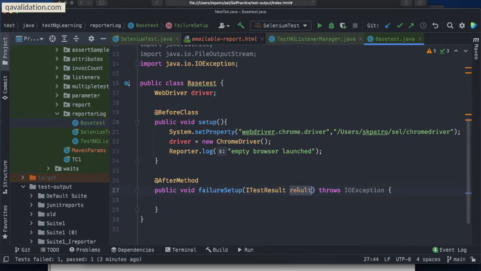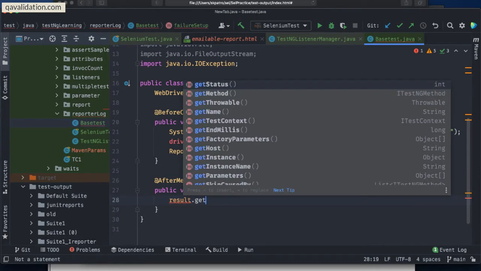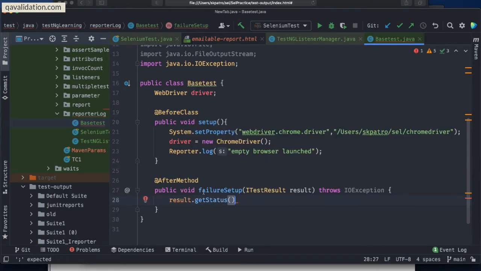Now by using this result variable, I can say that if this test case is failing, I will say result.getStatus. Let's get into this code.